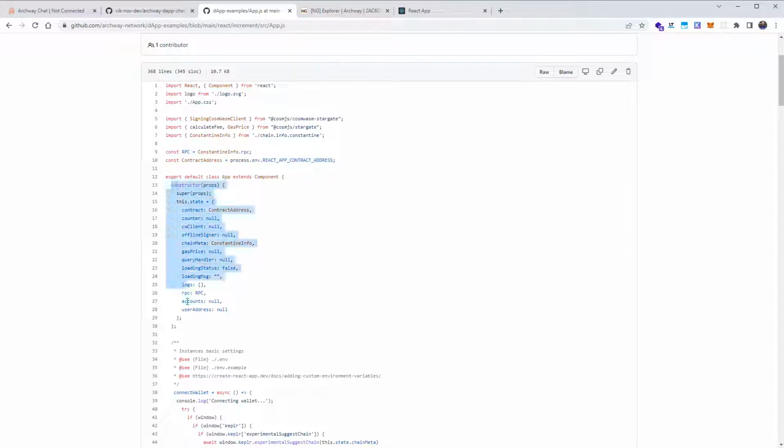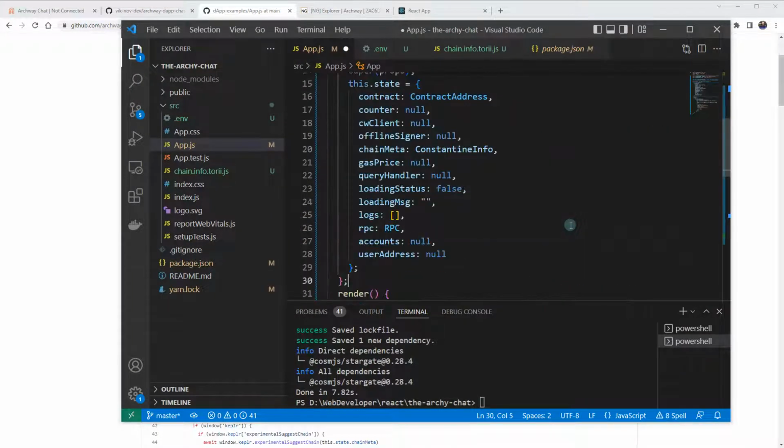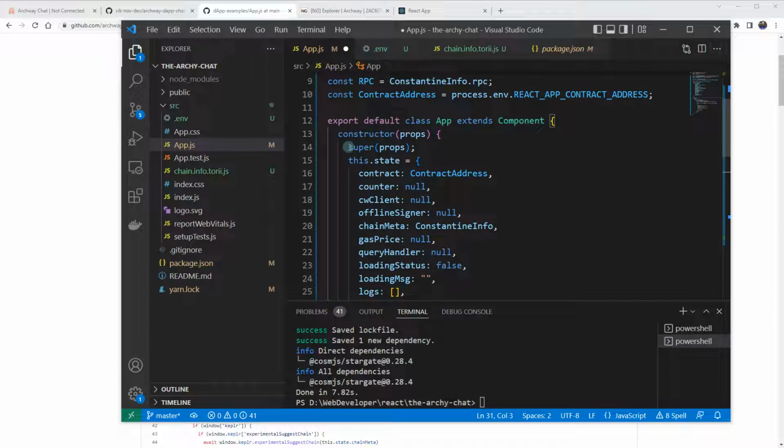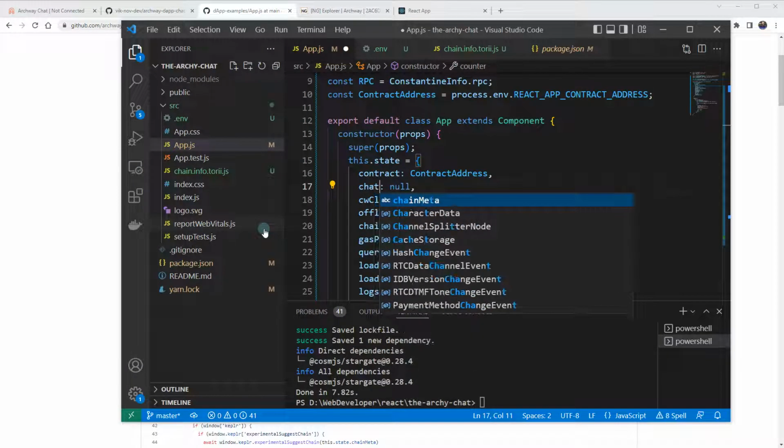This constructor, as you can see, as usual, calls the parent component constructor and adds some state stuff. So we have contract, which is the contract address, counter, that's from this counter increment, so we would have chat,